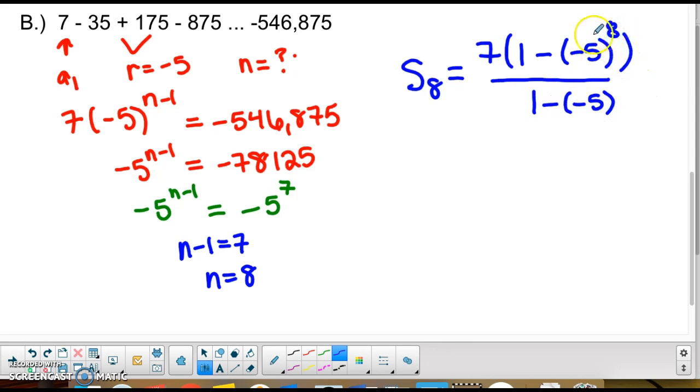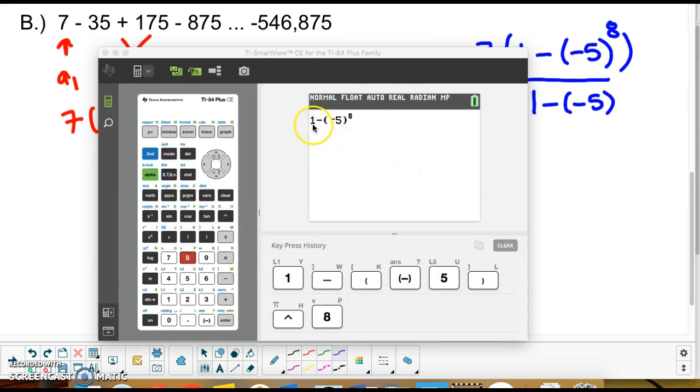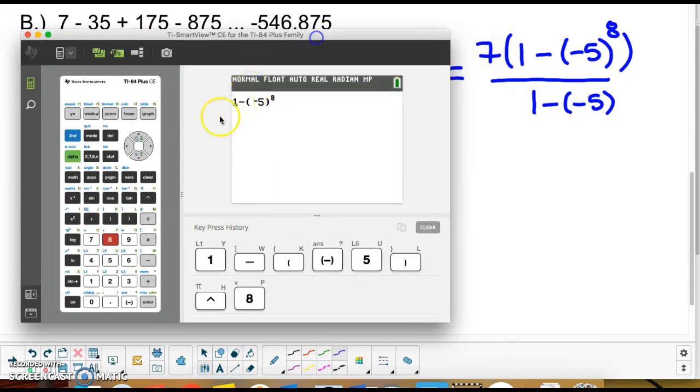The tricky part right here is that you have to do this first before you subtract it from 1. You cannot make these two both positive because you're taking this number and raising it to a power. This actually becomes a positive number, so it's 1 minus that big positive number. So if we look at that on the calculator, we would take 1 and subtract, in parentheses, -5 raised to the 8th, and that gives us